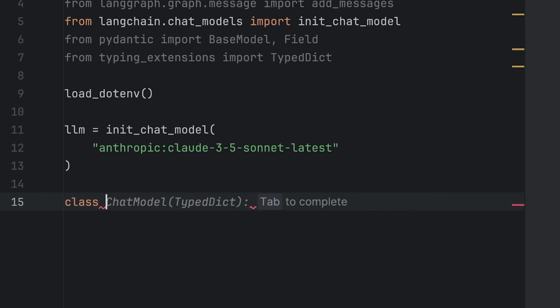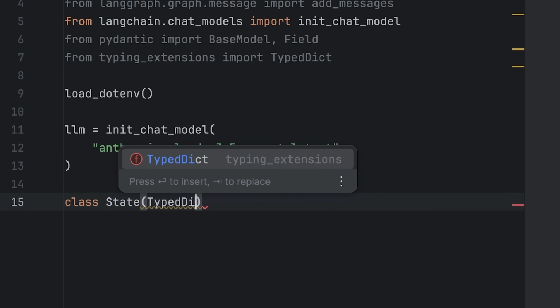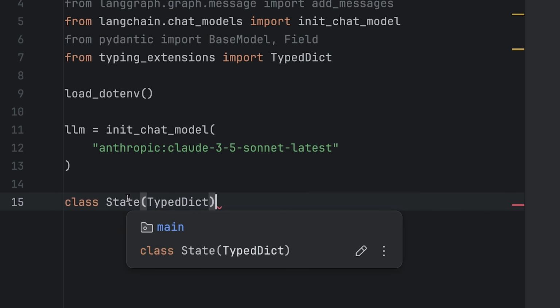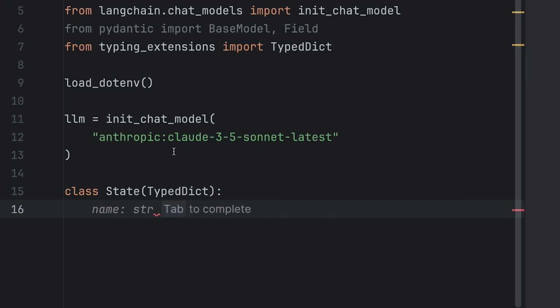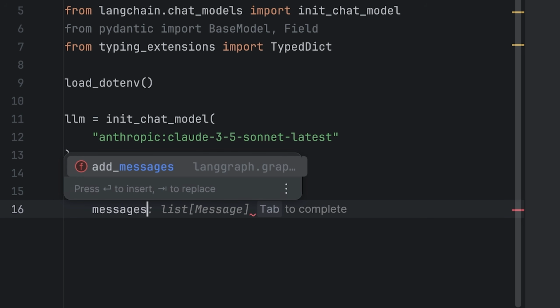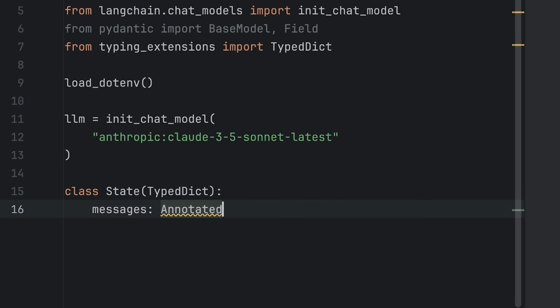So we're going to make a class, and we're going to call this State. Now, inside of here, we're going to have a TypedDict. That's going to be the type or the inheritance for our class. And this is where we're going to specify the state that we want our model and our agent system to have access to. And this is going to kind of control the flow of our application. So for right now, we're going to keep it nice and simple. And we're going to say messages, and then this is going to be Annotated, and then we're going to have list and then